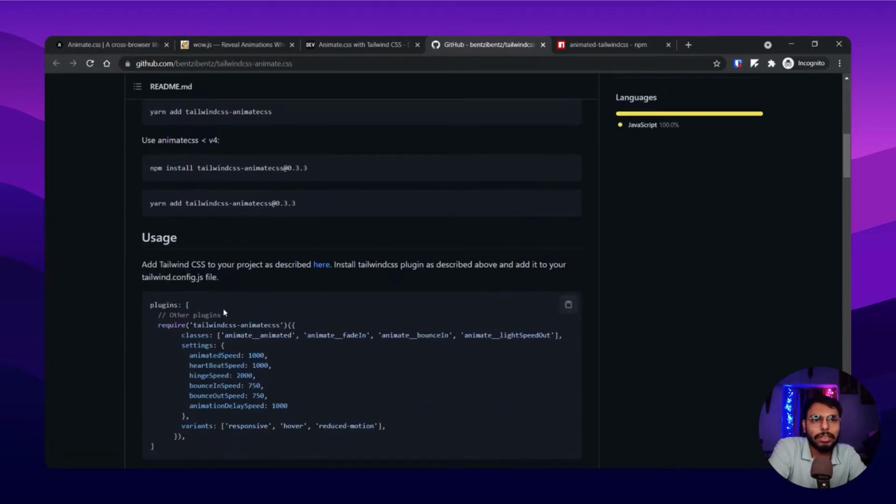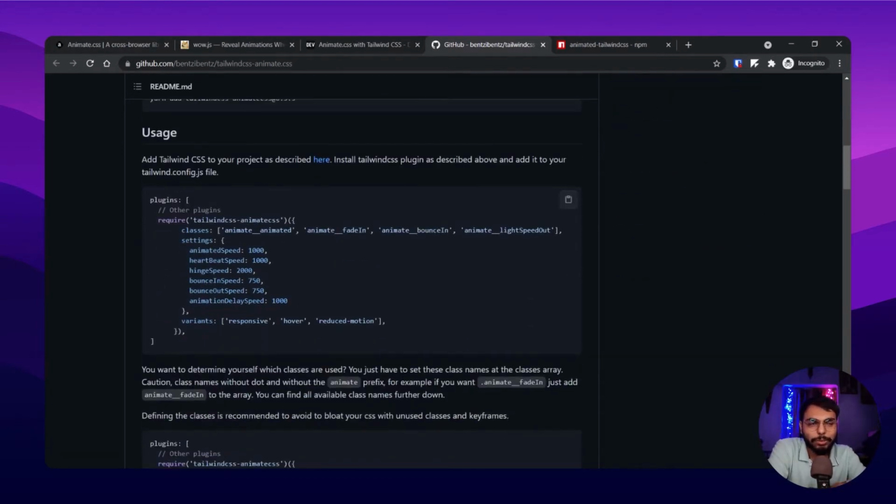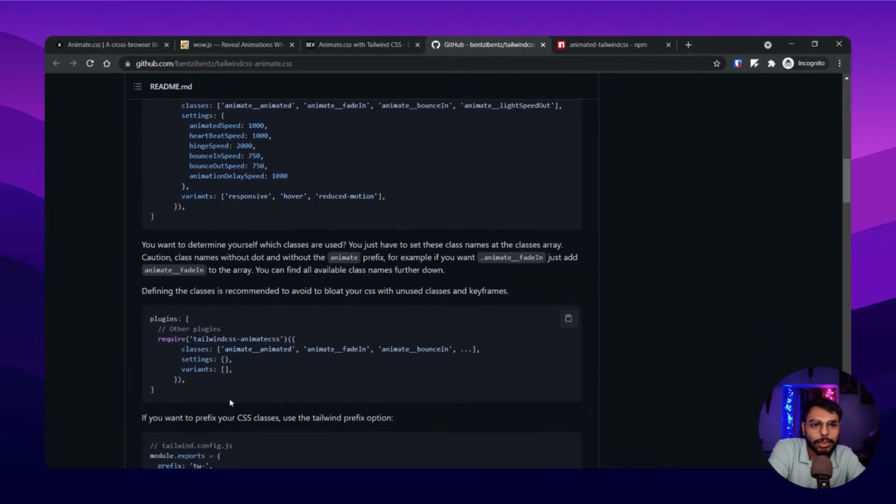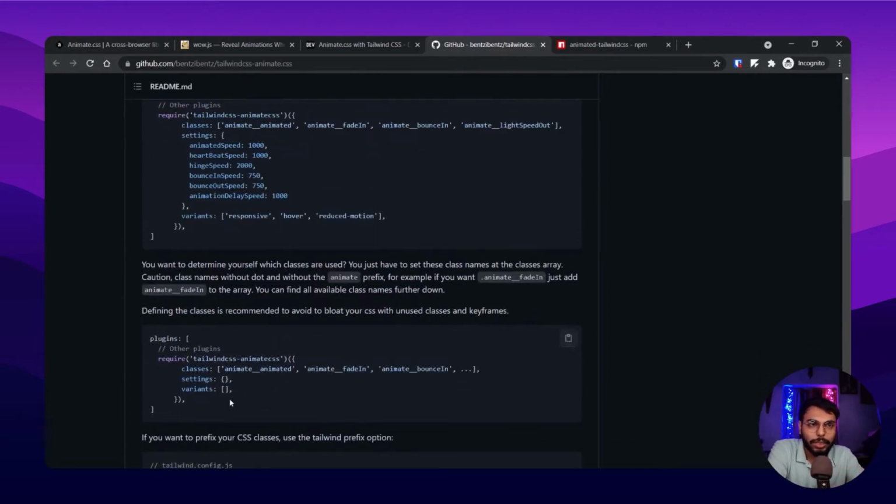There are some plugin requirements, like plugin extensions, and after that you can start using it. That's a fairly easy way to use it.